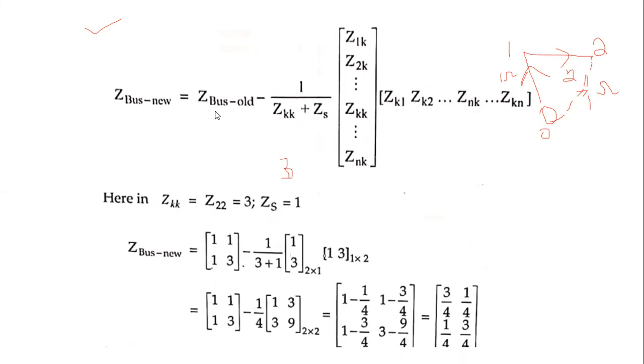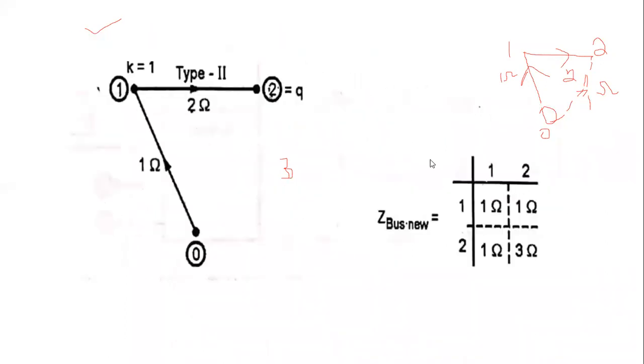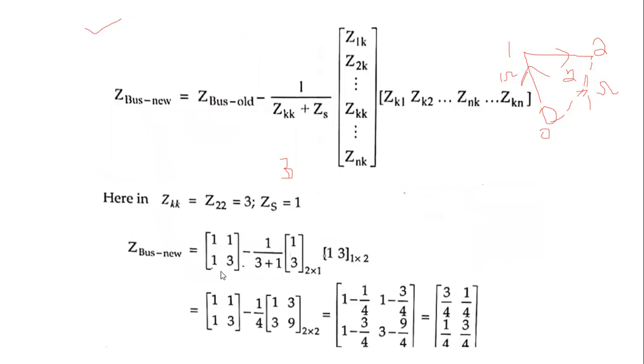Then substitute the Z bus old. What is the matrix for that Z bus old? This is 1, 1, 1, 3 ohms. That is the Z bus old matrix, minus 1 by ZKK. ZKK means Z22, that is 3, plus ZS. ZS means the element that will be added between the reference node and the old bus, which is 1 ohm. Therefore, ZS is 1, into